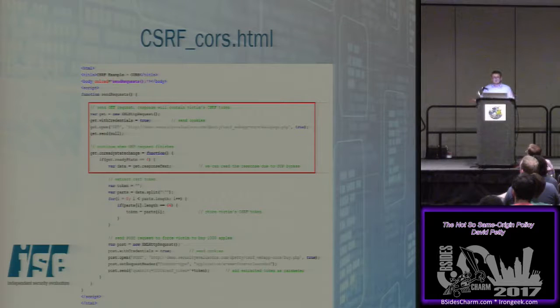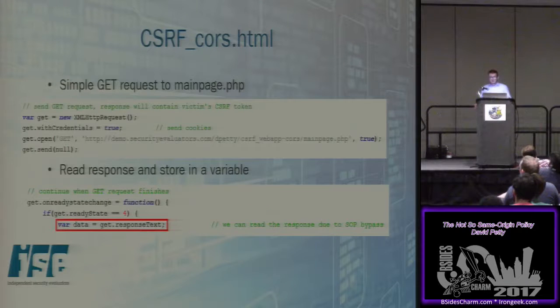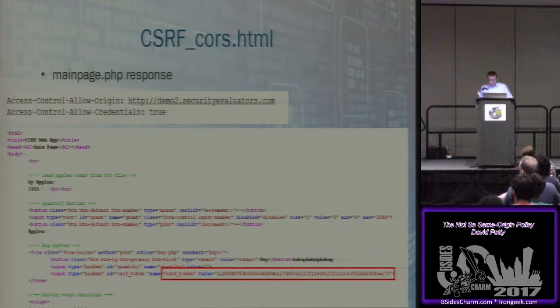So we're going to look at this first part, but I do want to say the context of this is that the victim is logged in to the vulnerable web app and then has been tricked into visiting the link to this malicious web page. So the first thing it's going to do is send a GET request to mainpage.php, and main page is just where it showed where you can buy apples. And with the same origin policy using a weak configuration, the attack page is going to be able to see the response. So you see in the bottom here, I've highlighted var data is storing the response of the request,